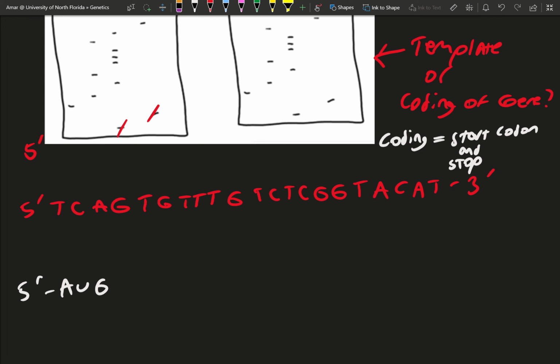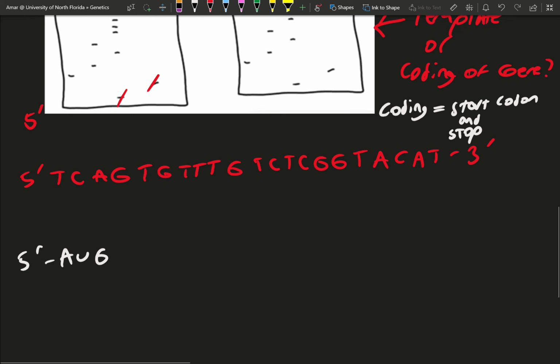You always read the codon chart from the perspective of the mRNA, and it's always in the 5' to 3' orientation. So what we're looking for is basically anything that is 5' AUG. In other words, another thing that you have to look at is